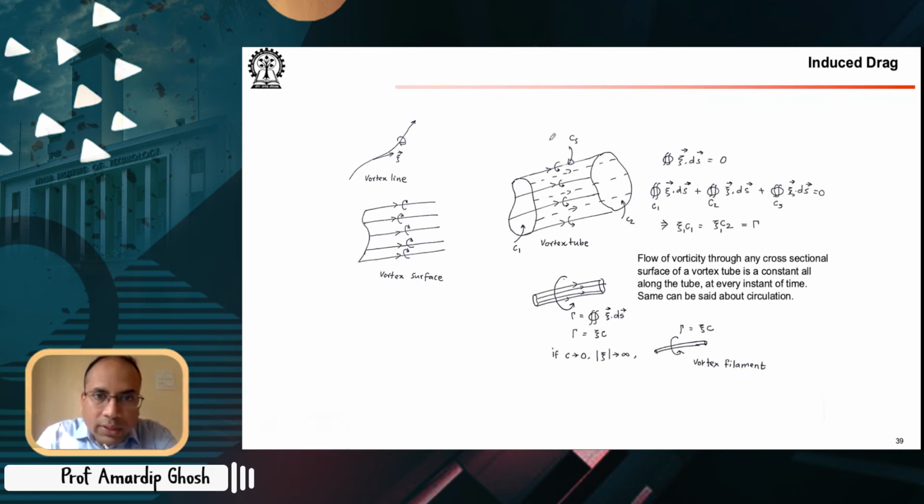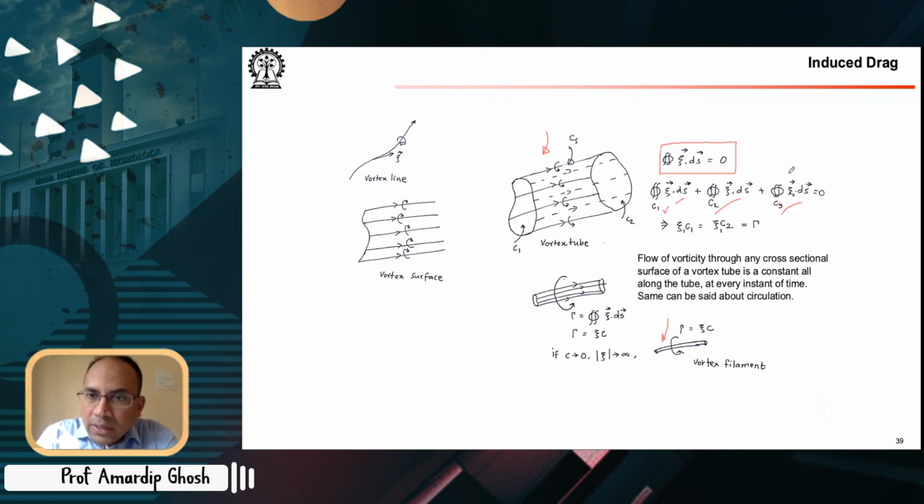now we look at a vortex tube. It doesn't matter, it can be a vortex filament as well, just the cross-section area is shrunk to 0. What you see is this thing is 0 over this entire closed surface. Okay, so C1, C2, and the CS, which is the surface of this vortex tube. So what you get is C1 this plus C2 this plus